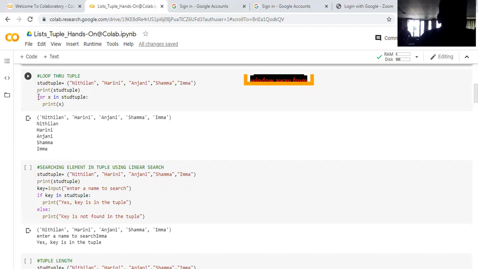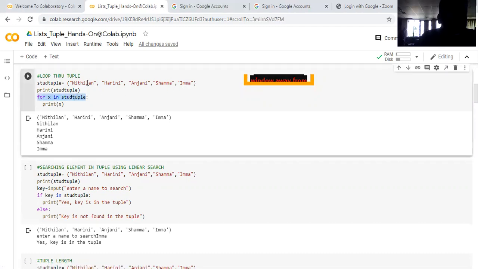So for X in stat tuple, how many X values are there? 1, 2, 3, 4, 5. So you are going to print this stat tuple. Inside the for loop, you have to undergo print. That's why I've given it as indentation. What is the meaning of indentation? Indentation means this should be executed inside. So when you run this program, for each tuple, first tuple is Nithilan, next Harini, next Anjani, next Shamma,